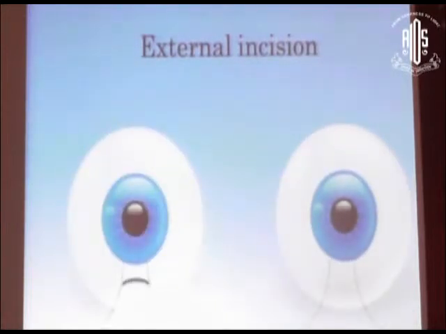Incisions can be of different shapes and sizes. There can be the frown incision, there can be the straight incision, but the ideal one is the frown. And in modern SICS, there is no role for the straight incision, because the straight incision has a tendency to slide down, so we have to suture it, and there are high chances of surgical induced astigmatism in case of the straight incision. So there is only a psychological barrier that can prevent us from making a frown incision, nothing else. So if we are doing the straight incision, then we should immediately shift to the frown incision in maximum cases.